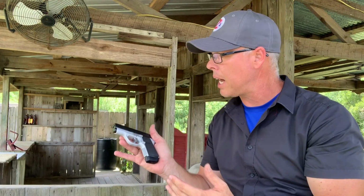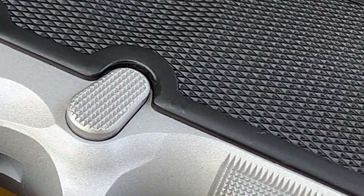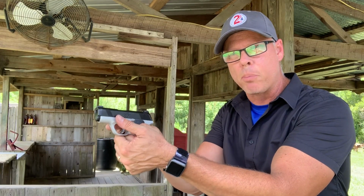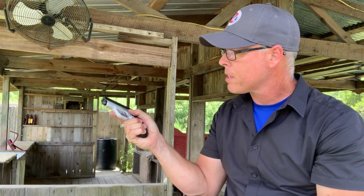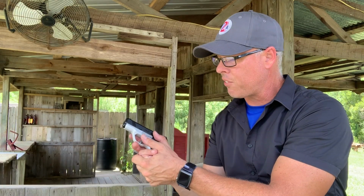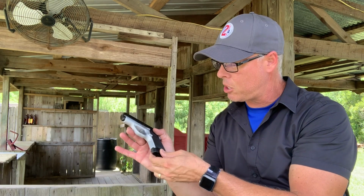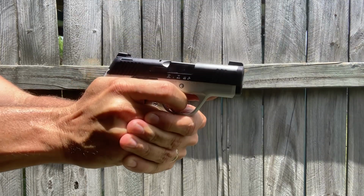It makes me wonder if somebody were to put this in a leather holster, if for some reason that leather holster might engage that mag catch and drop this thing loose. So shooting it, I didn't feel like I was pushing it out, but my thumb was resting right above it, and then my support hand goes over the top. So again, I wasn't close to knocking it out. I just wonder if somebody's getting a little bit different grip than me, if their thumbs are further down or something, they might dislodge that thing. But again, I feel it moving as I'm shooting. Obviously the magazine is pushing rounds up in there, so you're going to feel some movement, but it was